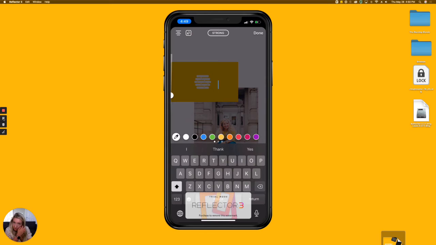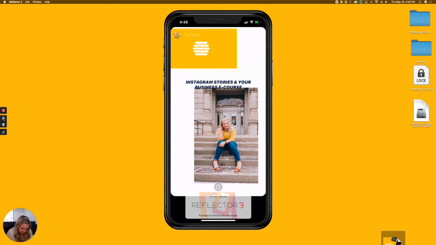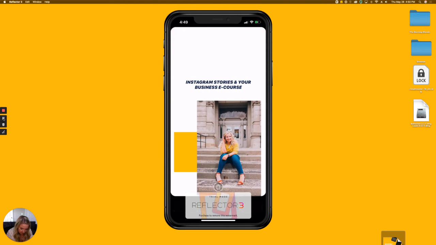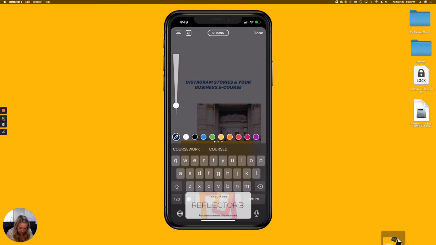So let's begin with the drop shadow. So we'll just type in Instagram. Making it the size I want, I'm going to make it navy. Whoops. Sometimes it can be finicky. So then I'm going to select it all,